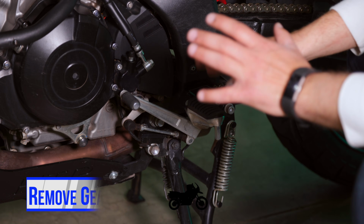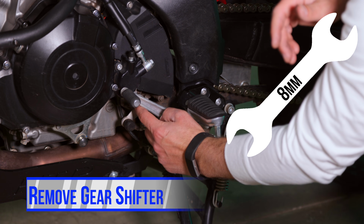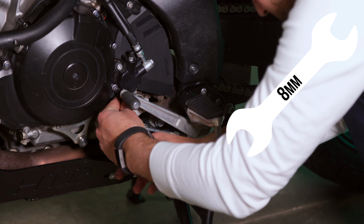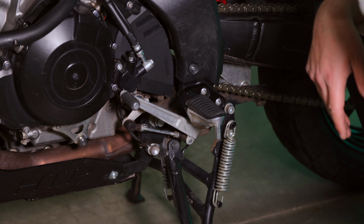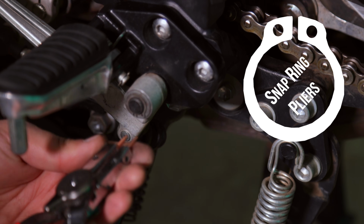Okay, so the first thing you're going to want to do is actually remove the gear shifter itself. This right here is a nut. It's an 8mm nut. We're just going to loosen that off. This is going to allow us to slip the gear shift assembly off of the shaft that comes out of the transmission. Okay, using a pair of circlip pliers, we're going to remove the security clip